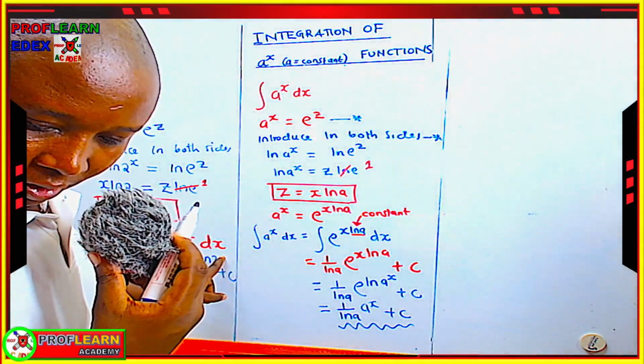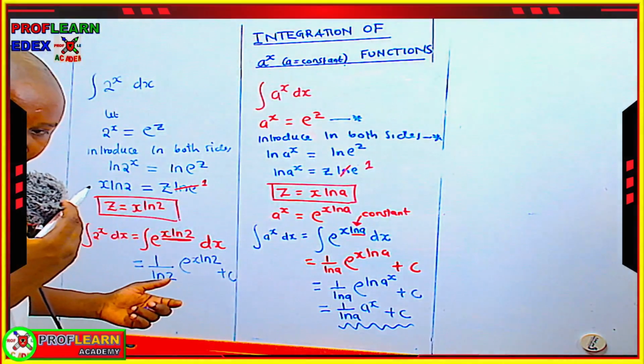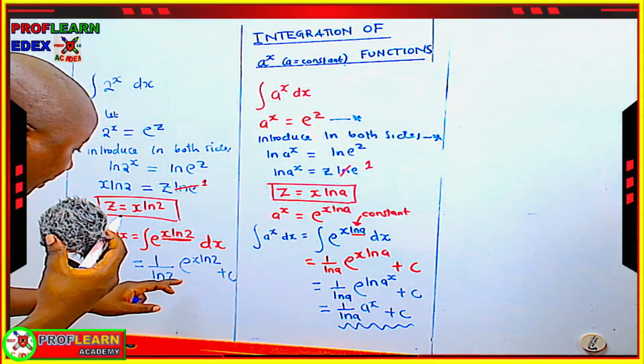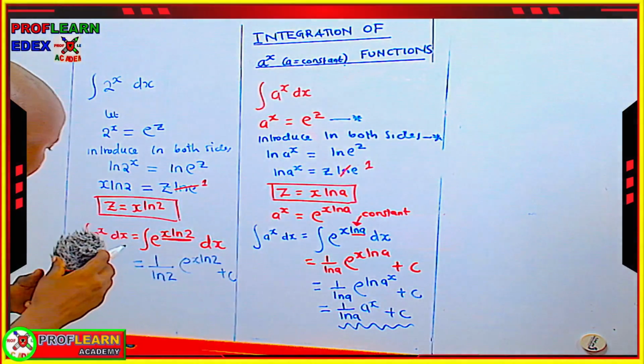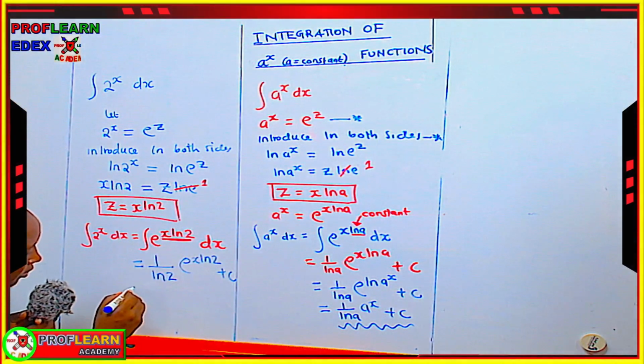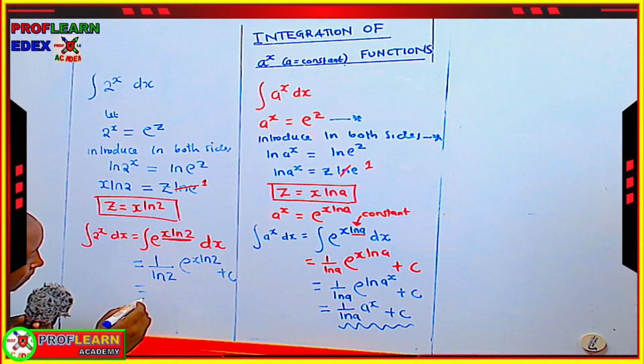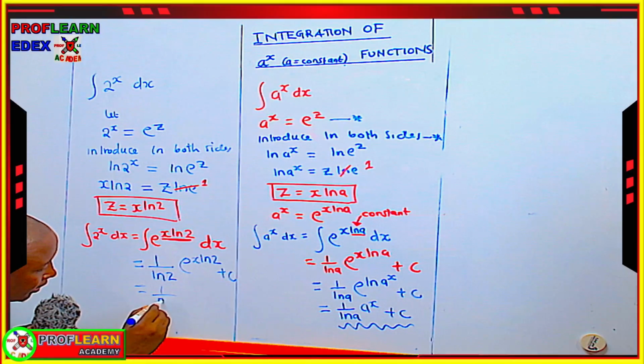Once we have this, we shall take this up, so that we can have our expression written as 1 over ln